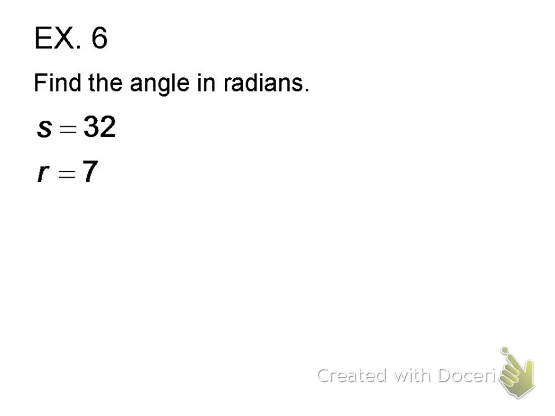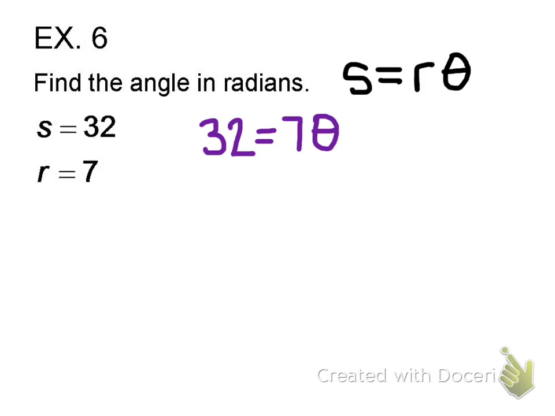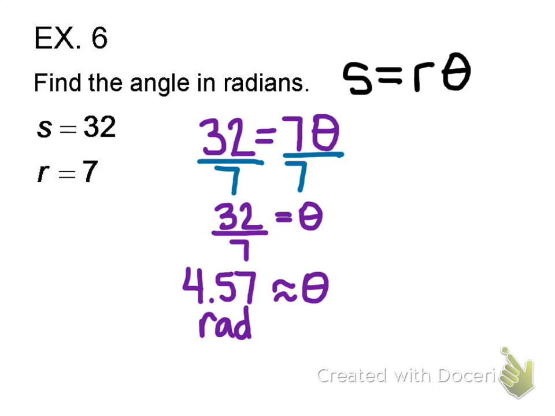Okay, number 6 wants us to find the angle in radians. It gives us S, which is the arc length on a circle, is 32, and the radius of our circle is 7. So this is the formula S equals R theta that we looked at earlier. So we're just going to plug in what we know and solve for the angle in radians. So 32 has to equal 7 times theta. So to get theta by itself, we're just going to divide by 7 on both sides. So theta is equal to 32 over 7. And if I go ahead and divide that out, theta will be approximately 4.57